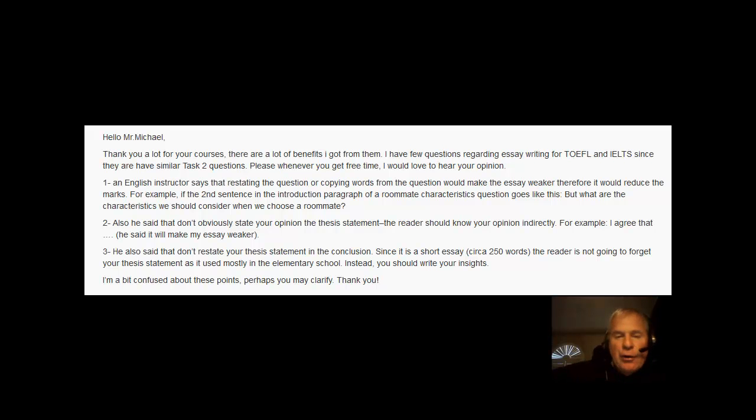You don't have to put I in there if you don't want, but let's say that you have a question. It says, studying in the library is better than studying at home. Which position do you agree with and why? So you could say, I agree that studying in the library is better than studying at home, but you don't have to do it that way. You can just say it. You might say something like this, if I'm in the library, I will be able to concentrate better, I can finish my studies sooner, and ultimately I will get higher marks on my test. So something like that.